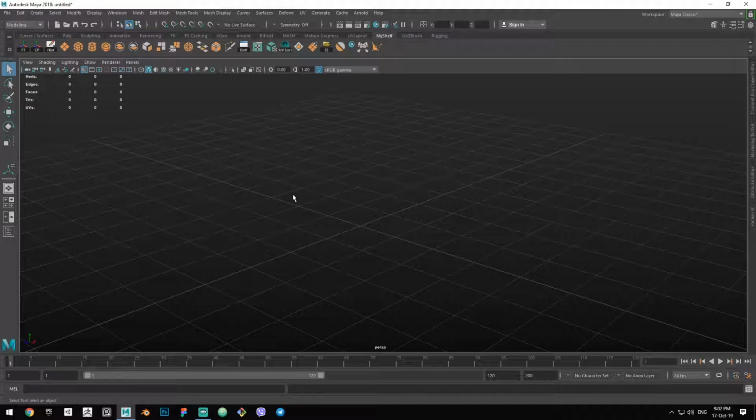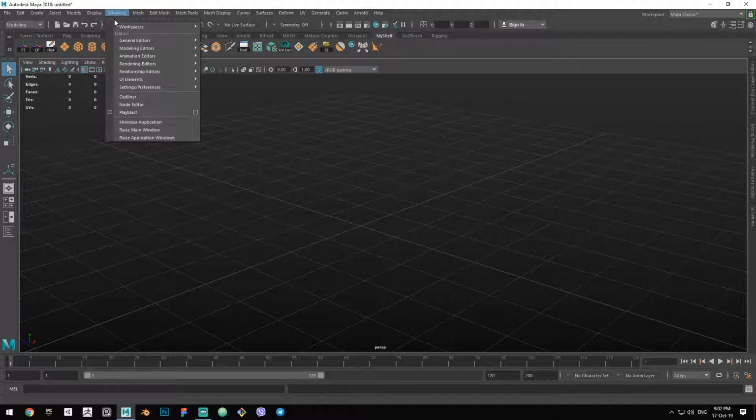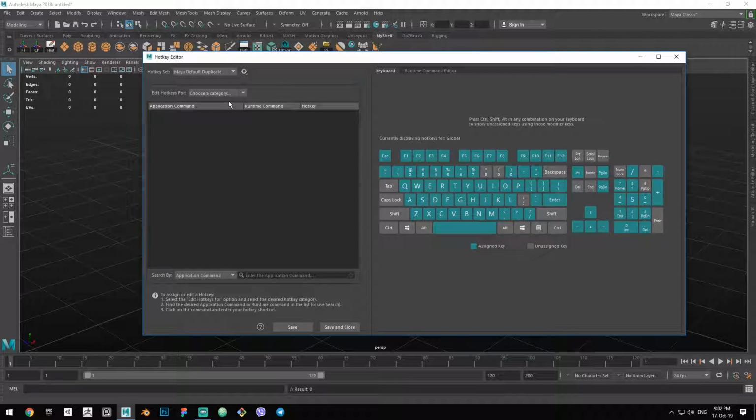The way you go about doing this is by clicking on Windows, then going to Settings and Preferences, then the Hotkey Editor. Once this window pops up, you have this interface, and where it says "enter the application command" is the easiest place to search for your tool, instead of going through all these categories here. So let's say, for example, we want to assign extrude,